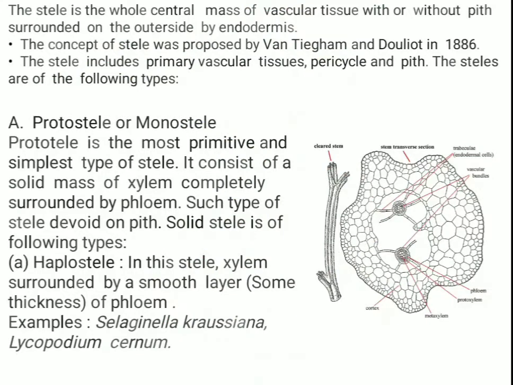Okay, the stele is the whole central mass of the vascular tissue, with and without pith, surrounded on the outer side by endodermis. Means stele is the central portion of the vascular tissue. Sometimes there is pith and sometimes without pith, and it is surrounded on the outer side by the endodermis. The concept of stele was proposed by Van Tieghem and Douliot